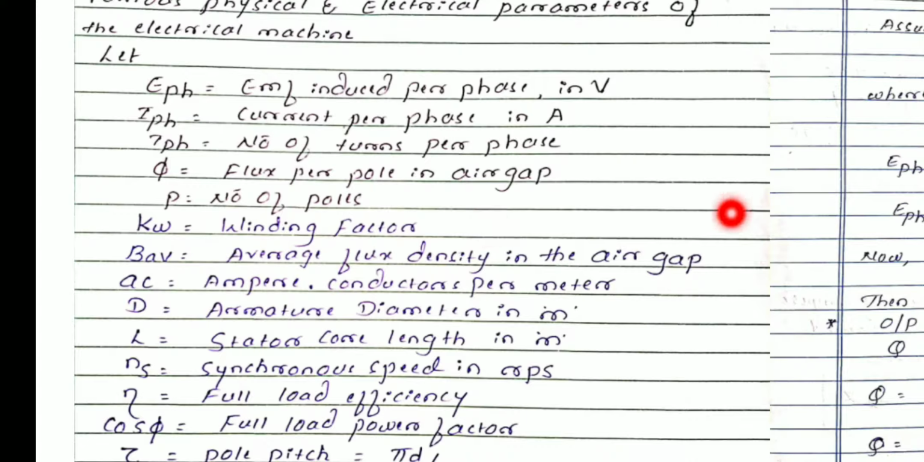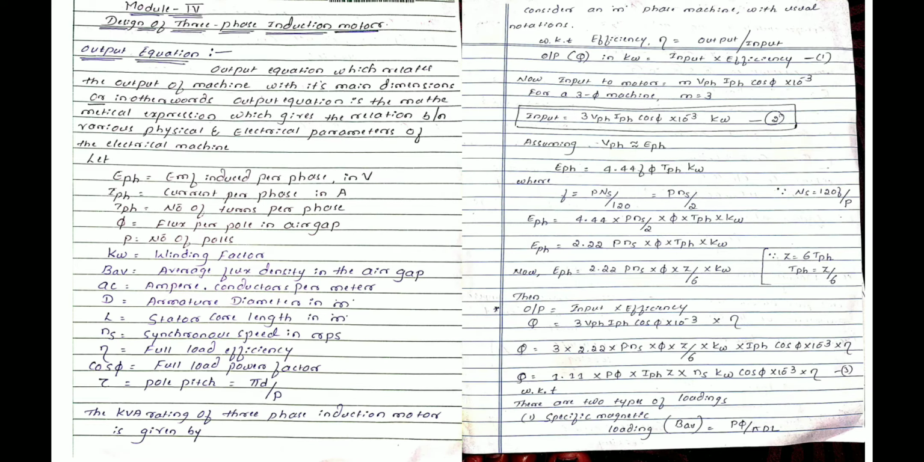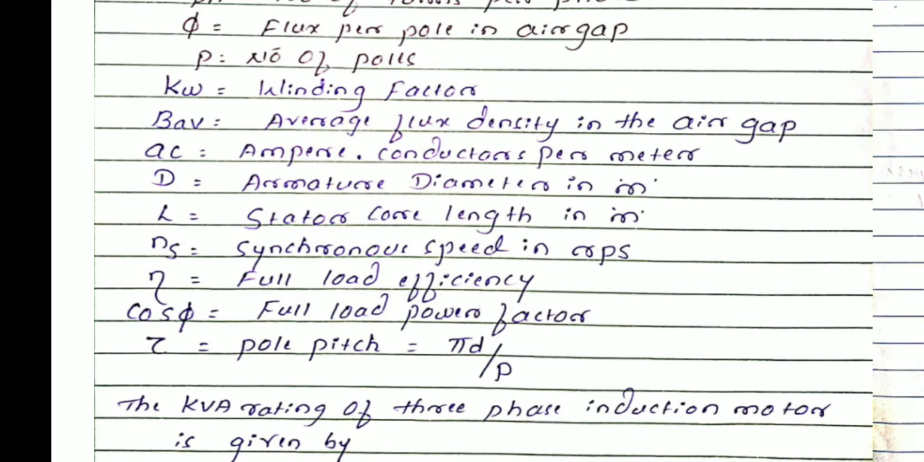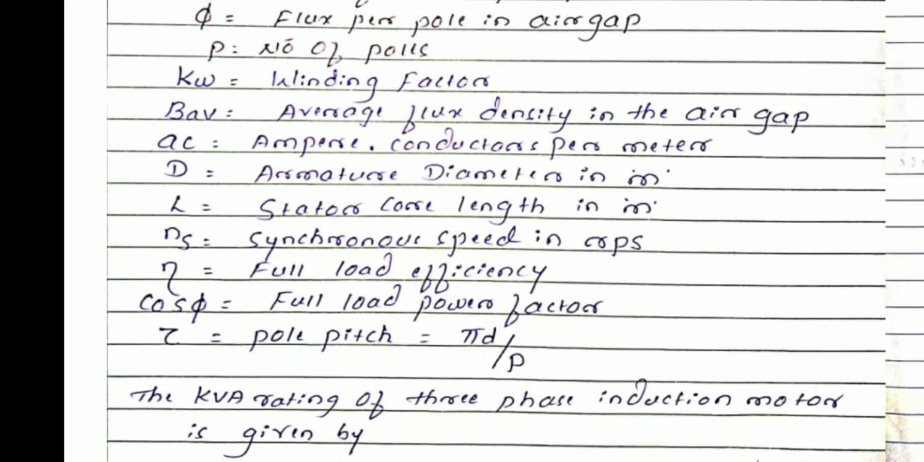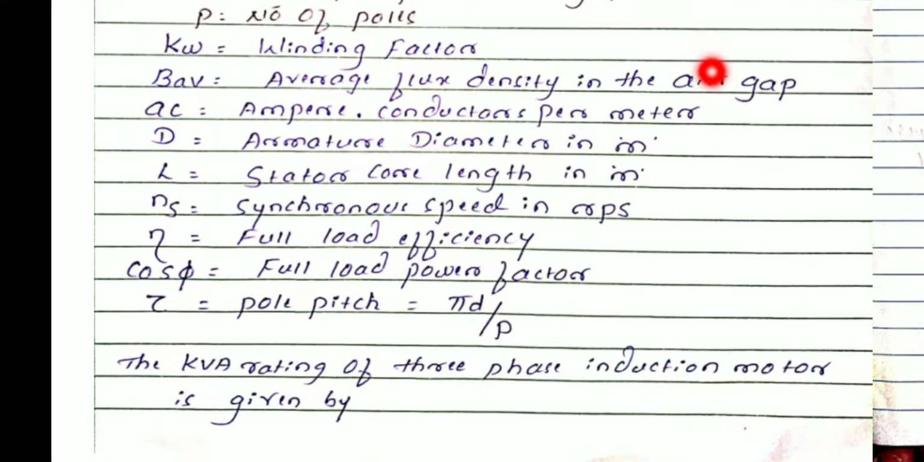Then B average is the average flux density in the air gap. AC is the ampere conductors per meter. This B average is also called the specific magnetic loading. Average flux density means specific magnetic loading, and AC, ampere conductors, is the specific electric loading. In the name itself it is a representation: small a for ampere, C represents the conductors. And D is the armature diameter,